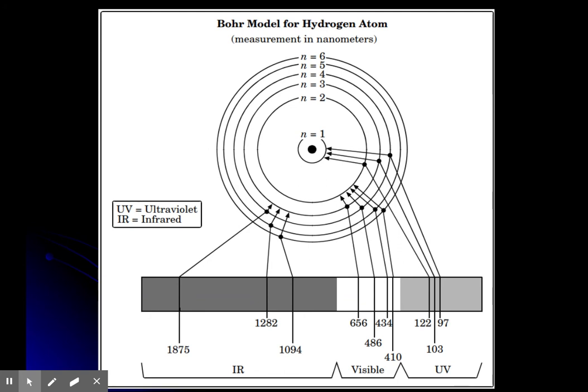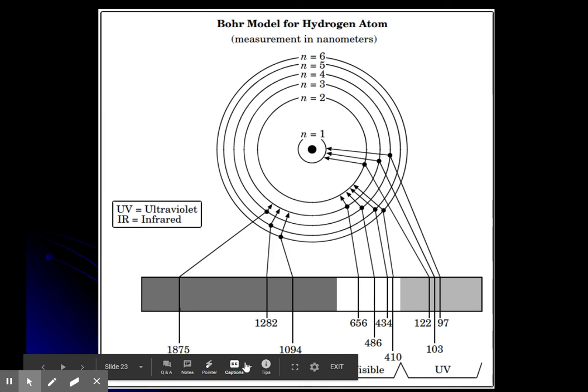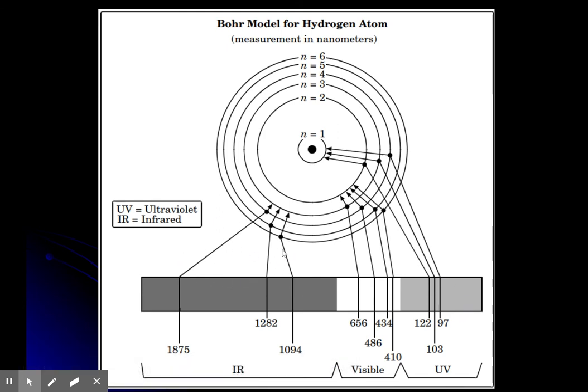So this is the Bohr model for hydrogen. It looks very similar to what I just drew. It does include other things. It includes that visible spectrum, which we were talking about here. There are those 4 lines there. But it'll also show the UV spectrum and the infrared. These transitions we would not be able to see with the naked eye, but we could measure them with an instrument. What we've got here are lots of different atoms laid on top of one another, and you're seeing all the possible electronic transitions for the 1 electron of hydrogen.